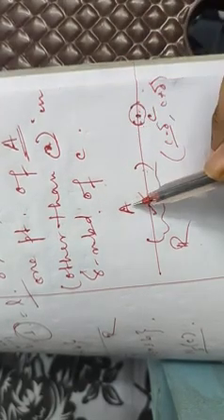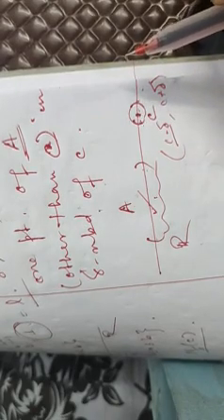If this happens, then we will say that C is a limit point of A, and if this doesn't happen, then we say C is not a limit point of A. For being a limit point, it is not necessary that the point should belong to that set. The point may or may not belong to that set. So let's find some examples of limit points, then the concept will be clear.